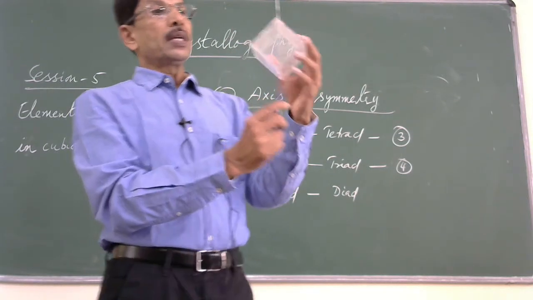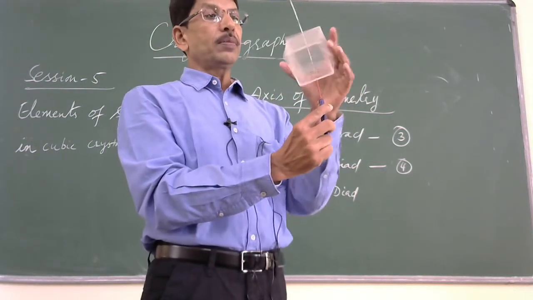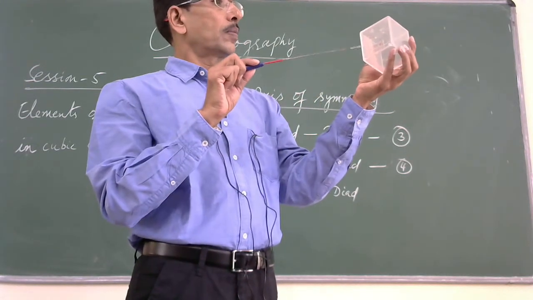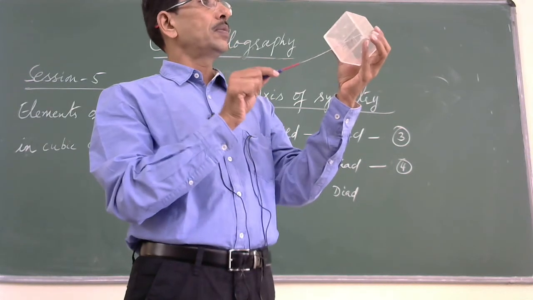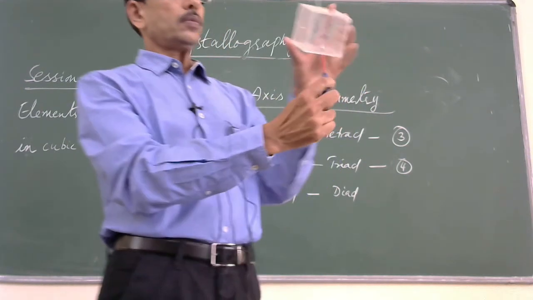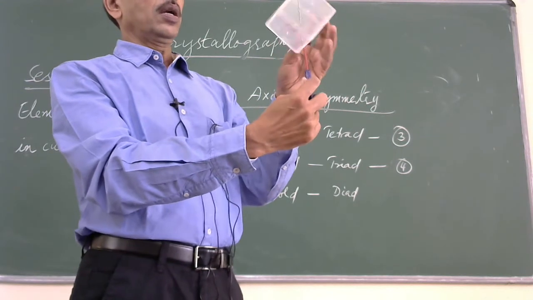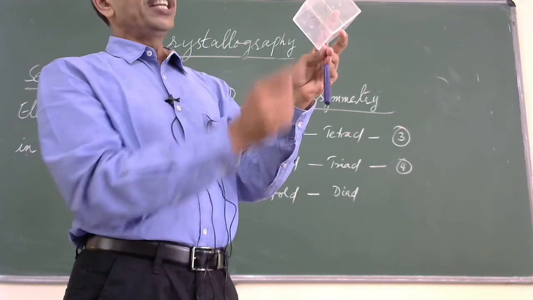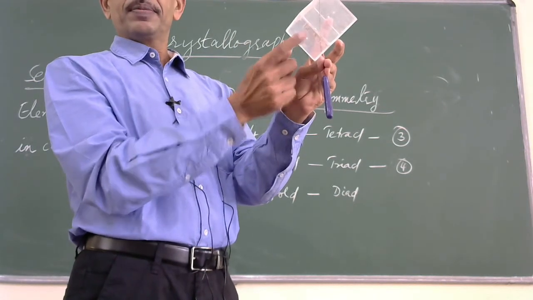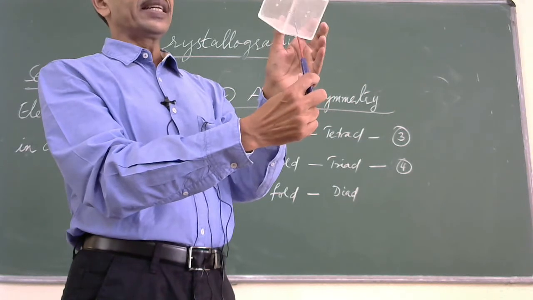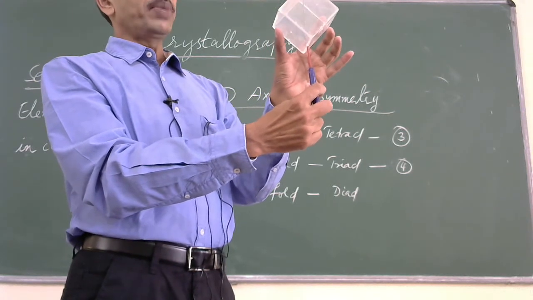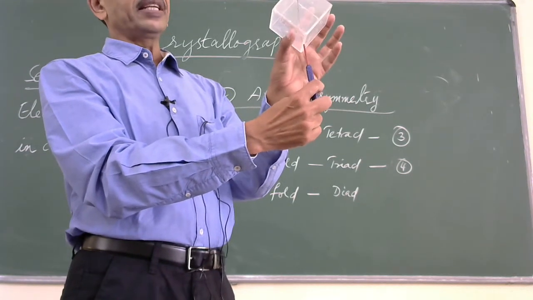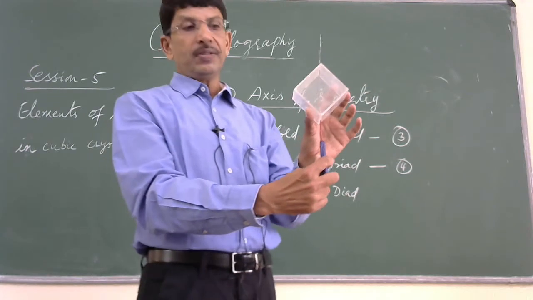So now look here. This is the 2-fold axis of symmetry. The sticker is visible to you. So this is the initial surface where the sticker is here. Now I rotate it through 180 degrees. The appearance is the same. Then I rotate it through 360 degrees. Now the sticker is again here. Please look at this. The sticker is here.